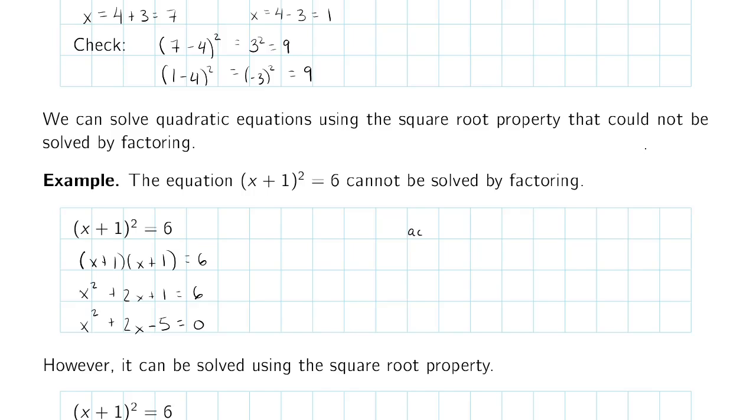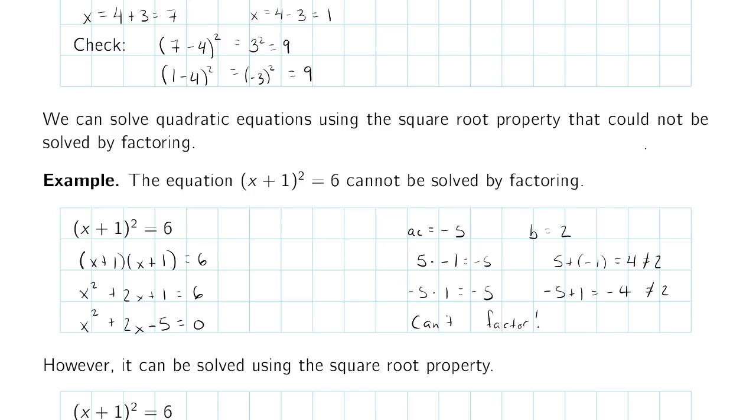So our AC is negative 5. Our B is 2. Negative 5, the only way we can get that is 5 times negative 1, or negative 5 times 1. But 5 plus negative 1 is 4, which is not 2. And negative 5 plus 1 is negative 4, which is also not 2. So we can't factor. On the other hand, even though this polynomial is prime, there are solutions to this equation,